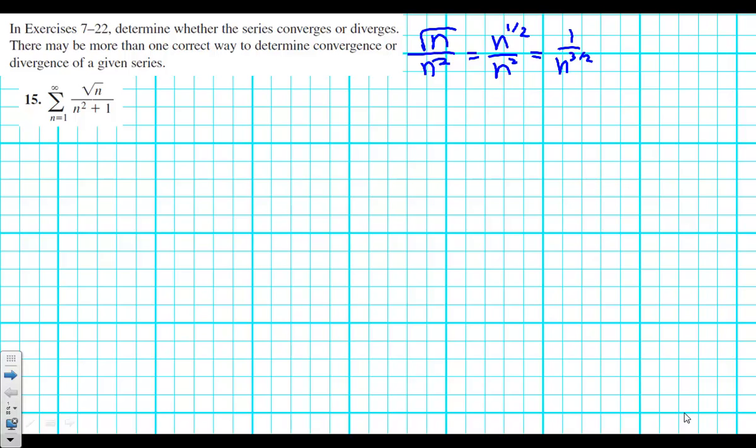I think this is going to be a limit comparison test, and I think 1 over n to the 3/2 is our comparison. So let's compare this to the sum of 1 over n to the 3/2, which is a known,